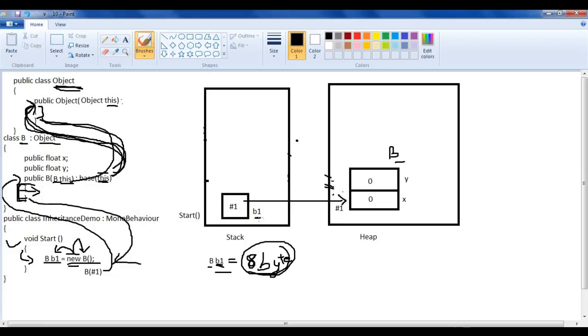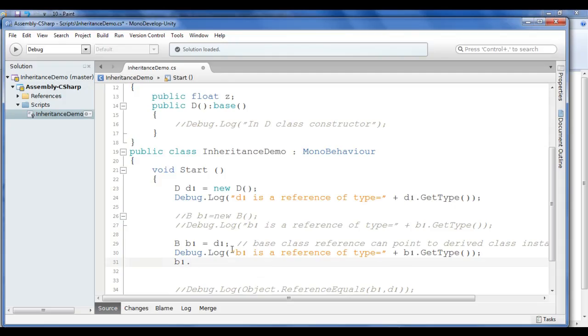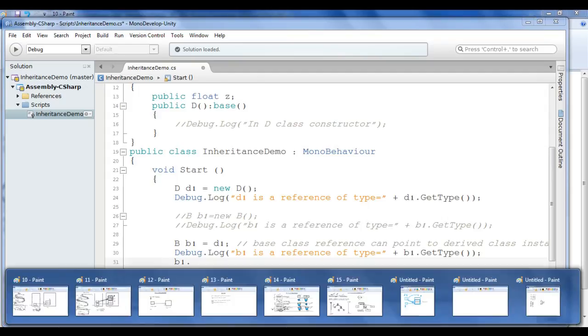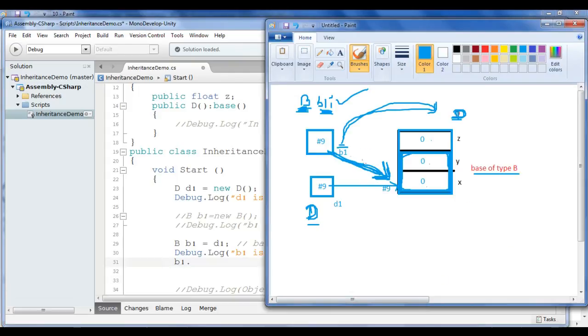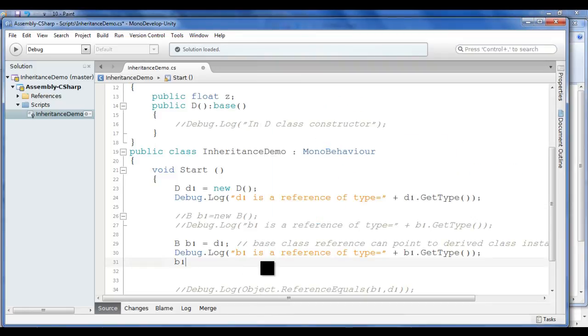Because B1 is of size 8 bytes, you cannot assign the value to Z. Also, you should remember here that B1 can point to the derived class, but its scope is to access only base class members. That means it can access only its own type. It can point to the derived class, but it can read only this block. Understanding? Now I will show you B1.X is equal to 20F,